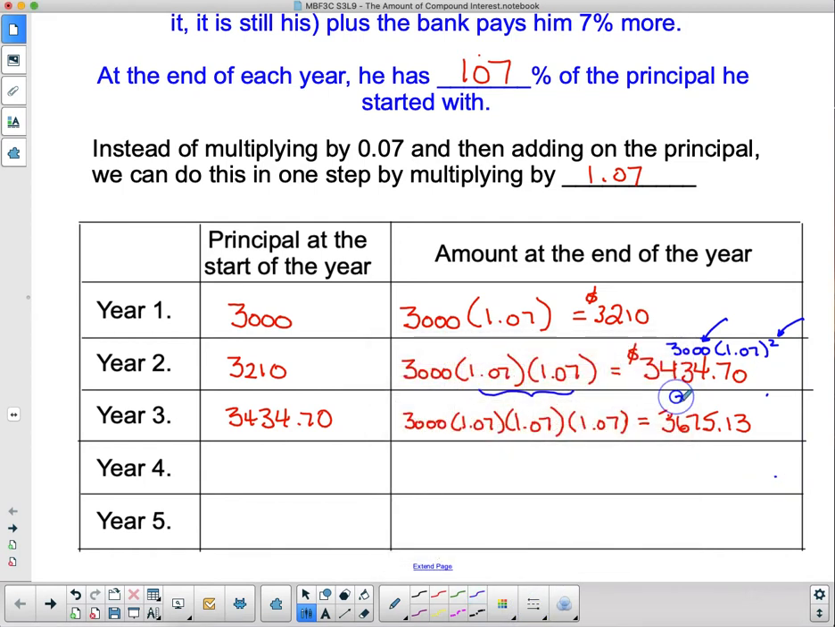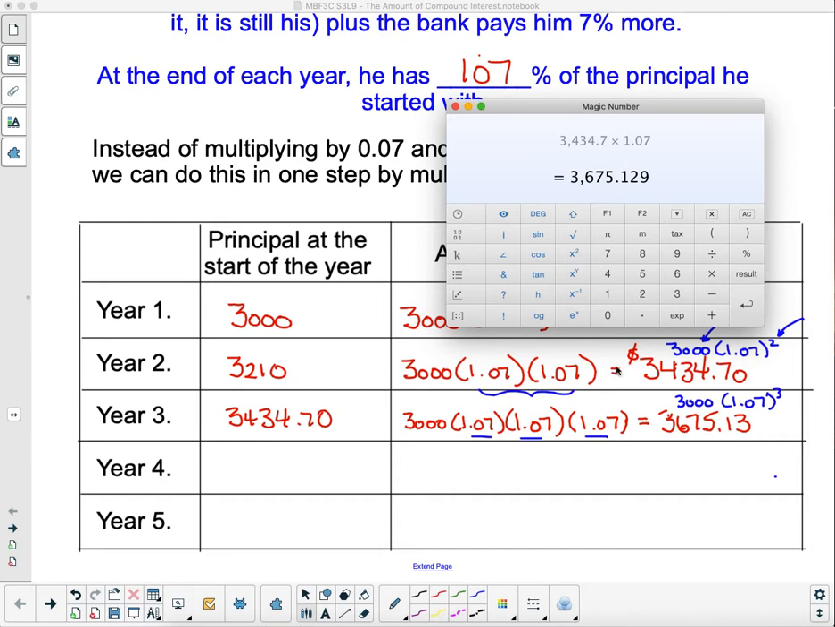if I did 3,000 times 1.07, and it's year 3, so I have multiplied by 1.07 3 times, so I need an exponent of 3. Let's actually plug this in and you'll see that we get 3675.13. So let's pull this back up,